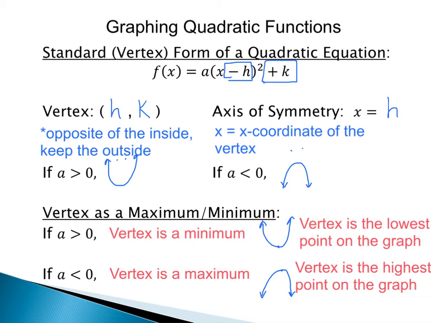So I'd like to think it through as I just walked through it: if a is positive, it's going to be facing upward, and if it's facing upward, it's going to be a minimum. If a is negative, it's going to be facing downward, so by the picture we can see that it's going to be a maximum. If you just think about the words of it, it might seem confusing that a is positive but it's going to be a minimum, and a is negative which means it's going to be a maximum. But if you walk through it step by step, it's probably easier to visualize.